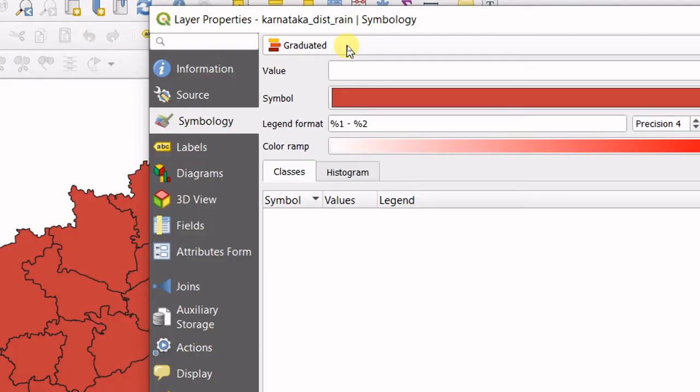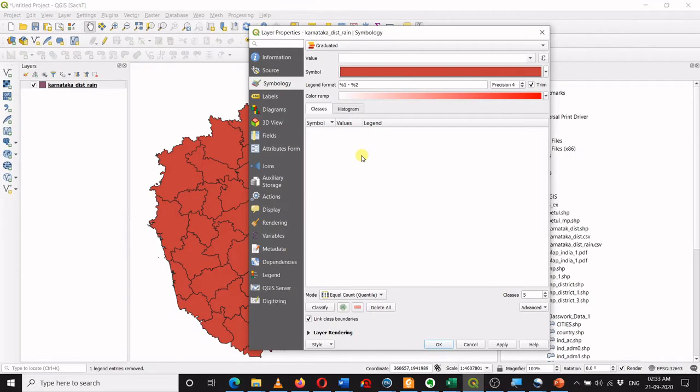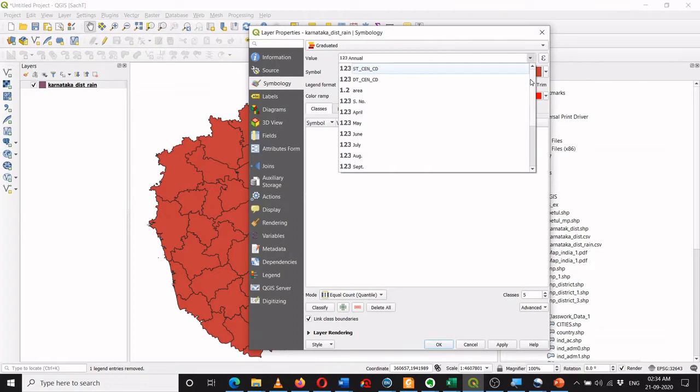Then I will select which values I want to consider if I want to draw a map over here, because in the attribute table, there are several values available. So I want to draw a map indicating annual rainfall and how it is spread across the districts in Karnataka.